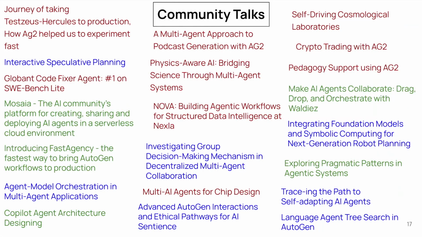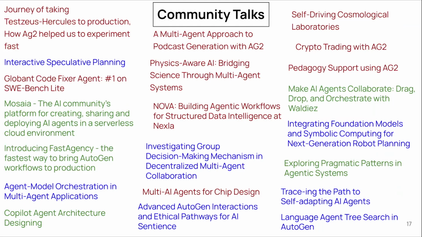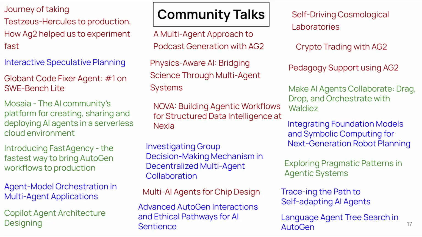And there are many more community talks we hosted regularly on our Discord community. They're of different categories. The red ones are the ones that talk about specific use cases using our open source framework in many different domains. And the blue ones are some interesting, latest research about agents and agentic AI. And also there are green ones that talk about progressing the ecosystem or partnerships. So there are very diverse backgrounds from industry, from researchers, and also from our users and partners.